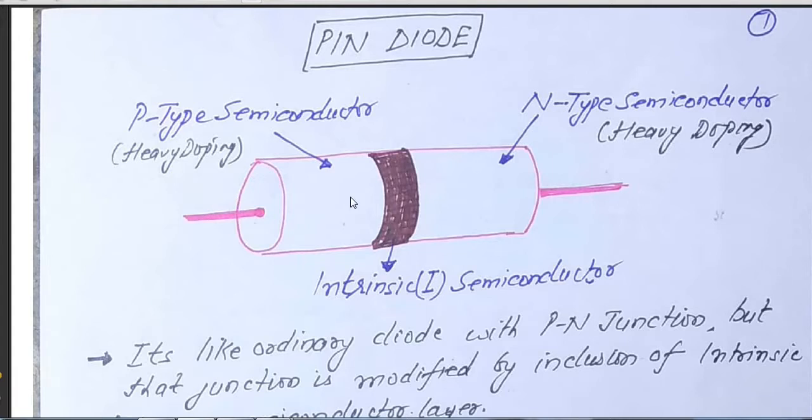Now, because of this high level injection, which in turn is due to the depletion process, the electric field extends deeply into the region. This electric field helps in speeding up the transport of charge carriers from the P to the N region, which results in faster operation of the diode, making it suitable for higher frequency operations. So the PIN diode is an RF diode ideally suitable for detecting radio signals, mixing radio signals, and also switching radio signals.